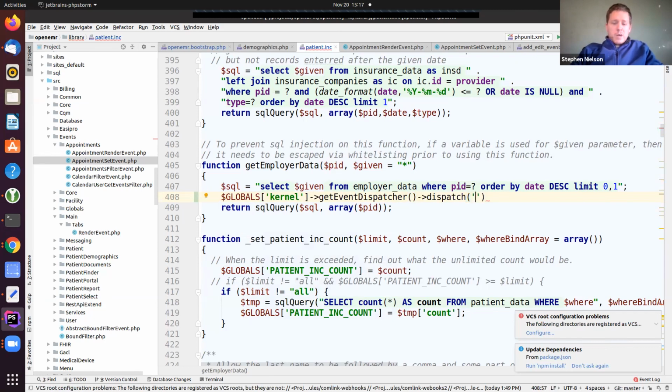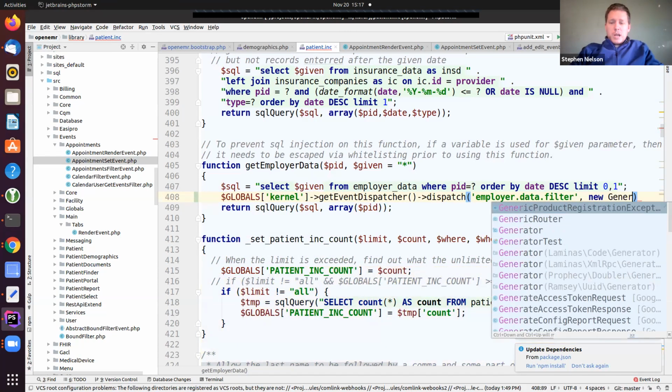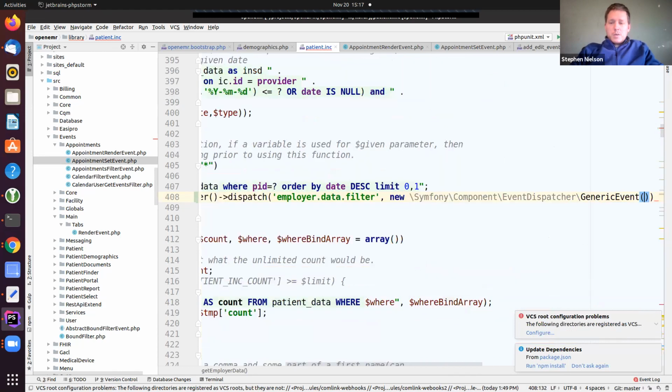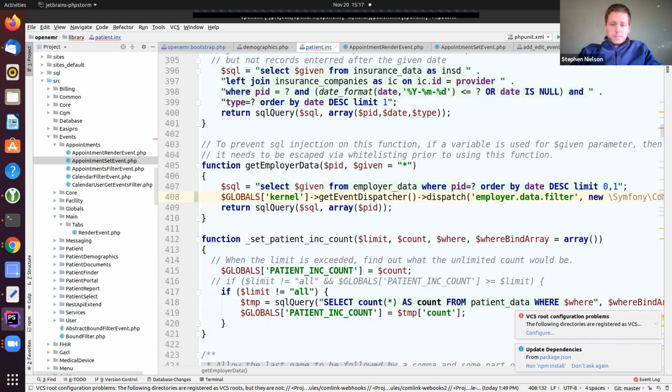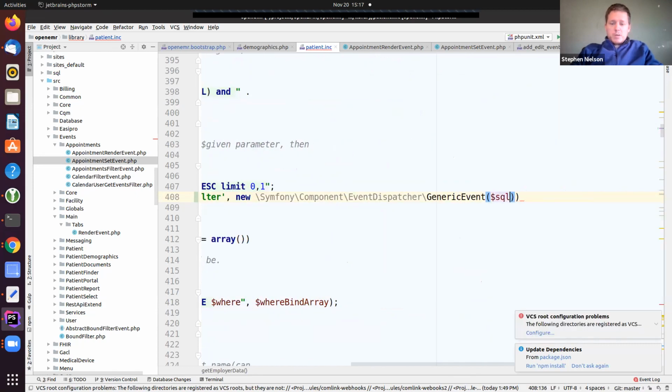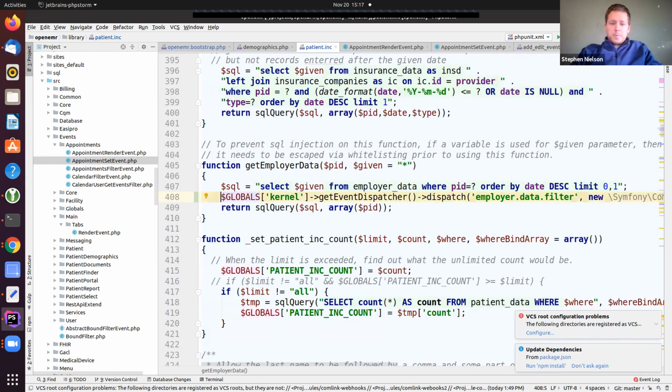In this case, I'm just going to do something generic while I'm still thinking through it: employer.data.post.filter, I'm going to call it that way. And I'm going to send it a new generic event, which is something that Symfony gives us. And I'm just going to give it the SQL piece as the thing, right?